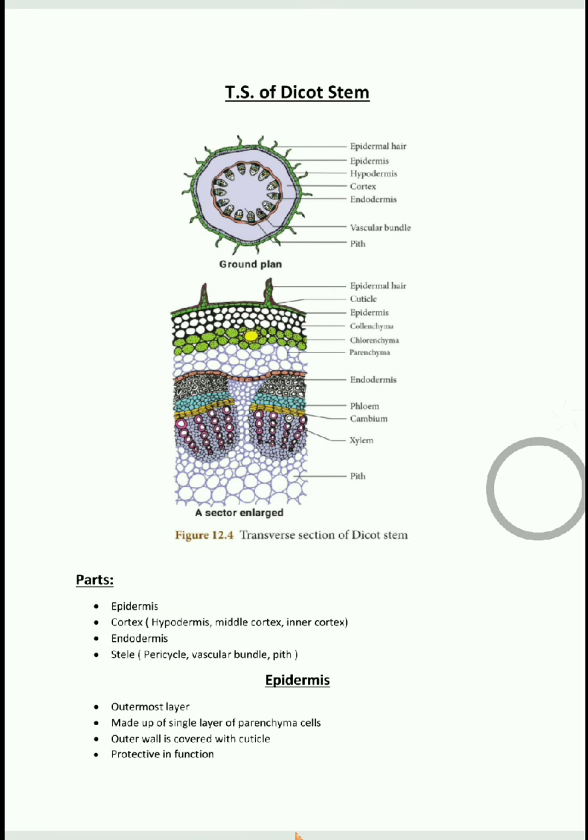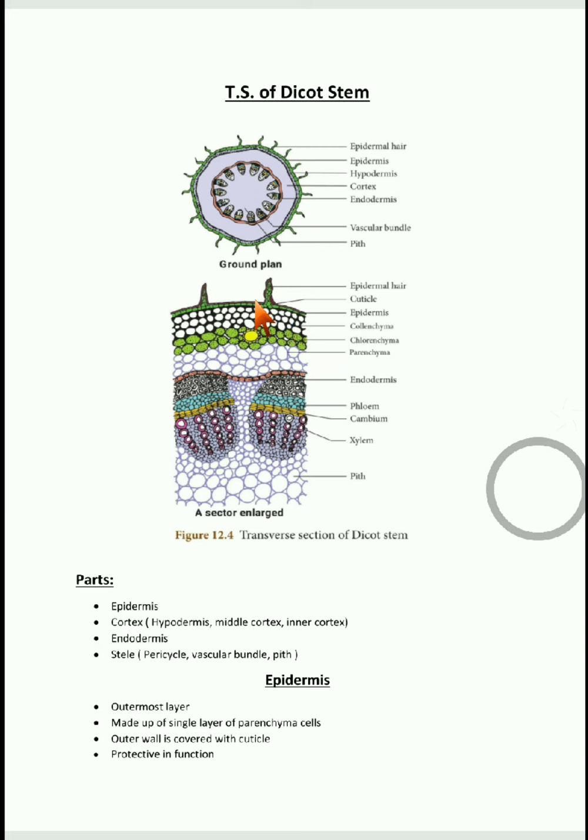Today in this video we will see the comparative study of TS of dicot stem and TS of monocot stem. So first we will move on with the TS of dicot stem. The important parts present in TS of dicot stem, that is transverse section of dicot stem, are: